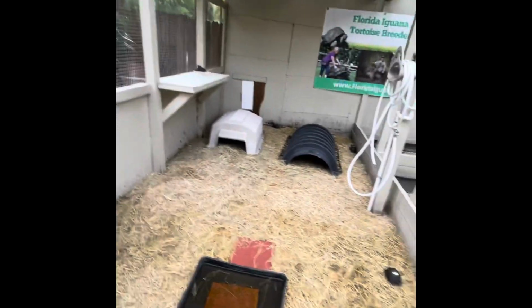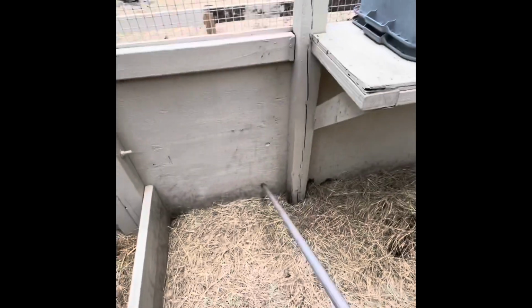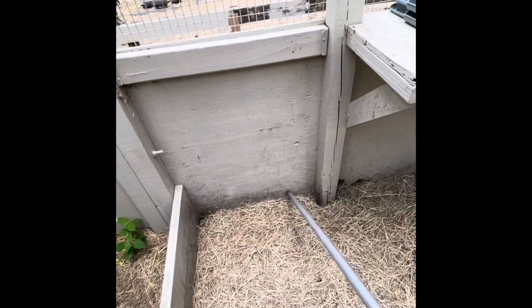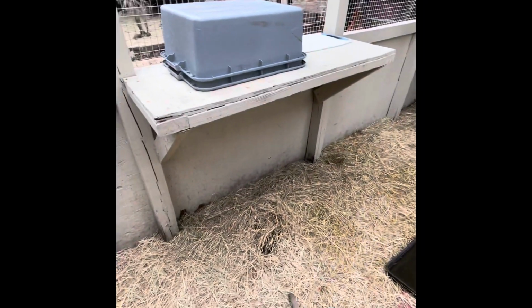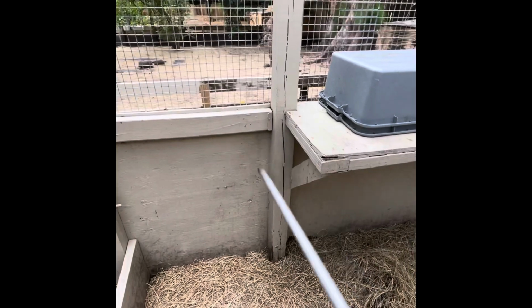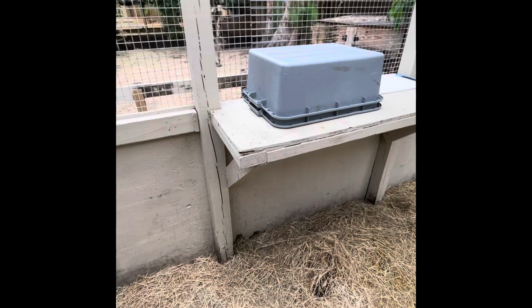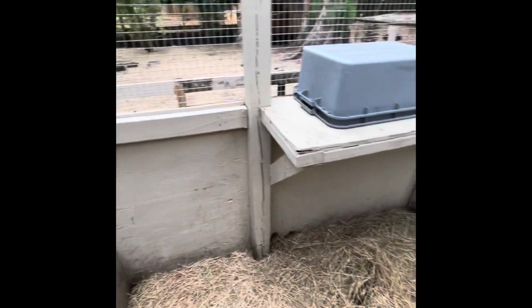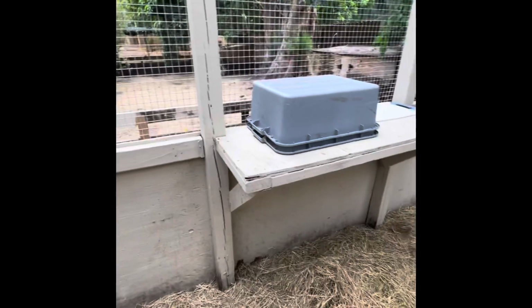The other thing that I like is that, you see, the wood does not go down. We actually don't have the screen going down to the ground. So it's not like they're on a wire and they're seeing right through that wire. They'd all be lined up on that fence trying to get through that wire right now. So I do use somewhat of a high wall here. And that just, I feel, really keeps a lot of other predators from looking in here. You can have dogs or raccoons or something so easy for them to see on the other side of that wire. So now if they want to get a look in the pen, it's much more difficult for them to do. And I think it really helps discourage